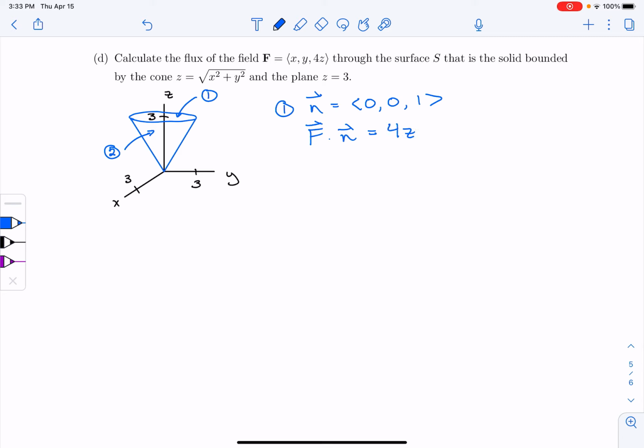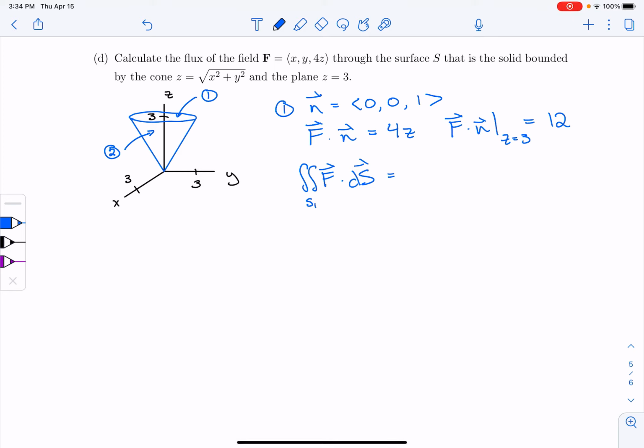But if we want to evaluate f dot n on the surface z equals 3, then in fact f dot n in this case is going to be 12, 4 times 3. So the flux through surface 1, so the integral of f dot ds over that first surface,